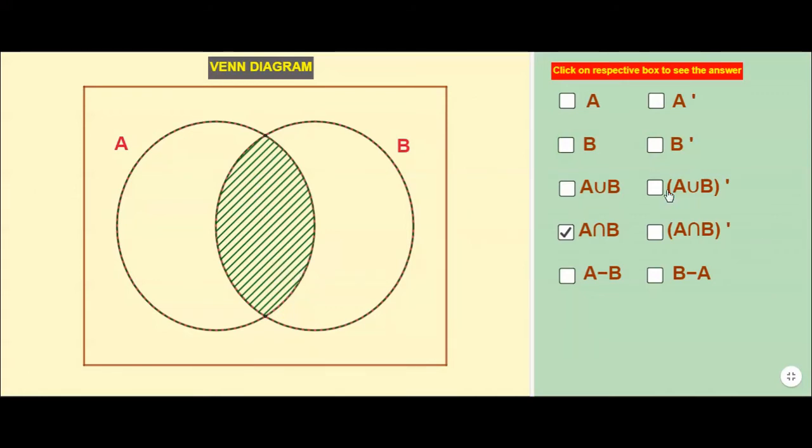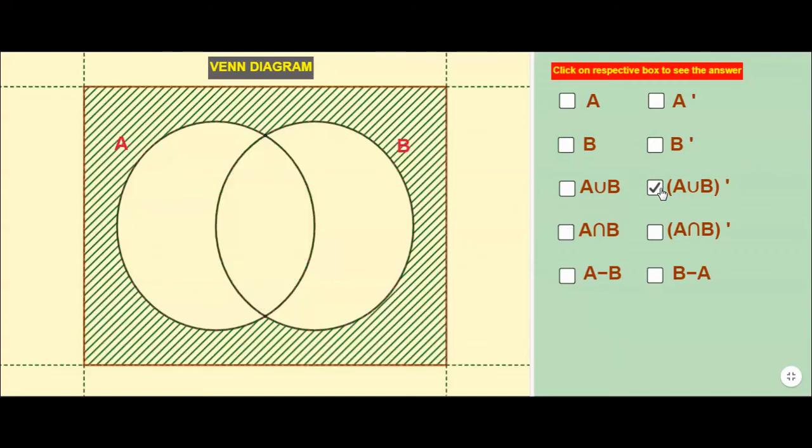Now let us move to complement of A union B, that is A union B dash. Since A union B dash is the set of elements which is not in A union B, I must get the shaded portion which excludes the circles A and B. So when I click on A union B dash, as you can see, I get a portion shaded in green color which is excluding the circles representing set A and B. So this is the Venn diagram of A union B dash, that is A union B complement.